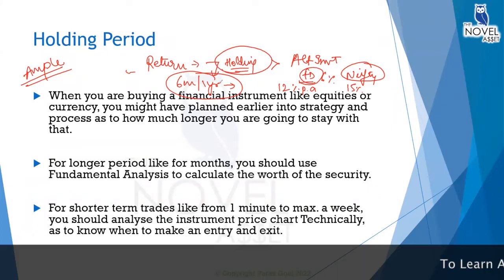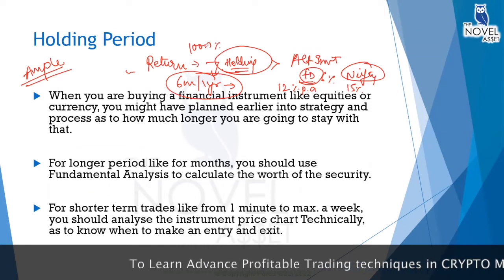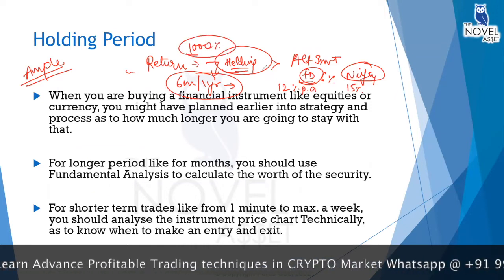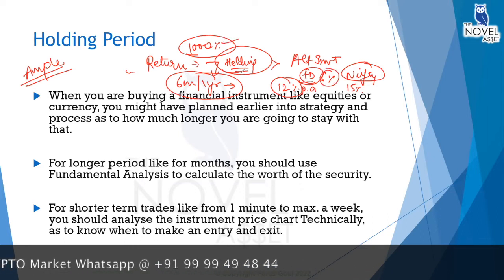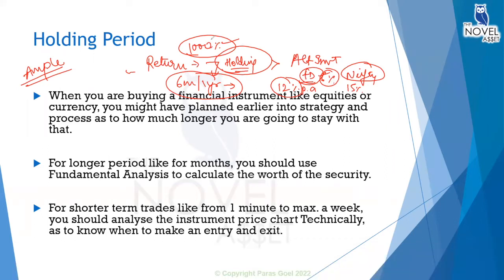If you're expecting that in 1 year the BTC return would be around 1000%, okay, for this 1000%, will I be doing an FD for 6% per annum, or will I be investing in bitcoins? Come on, tell me. Will I be using a fixed deposit for 6% per annum, or will I be encouraging myself for a 1000% return? Right, I'll be going for BTC.